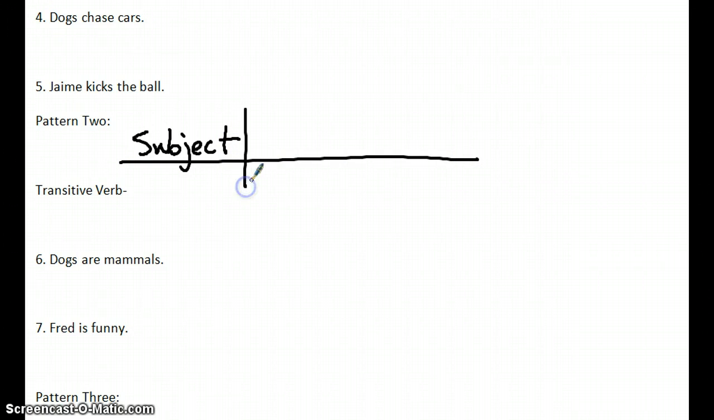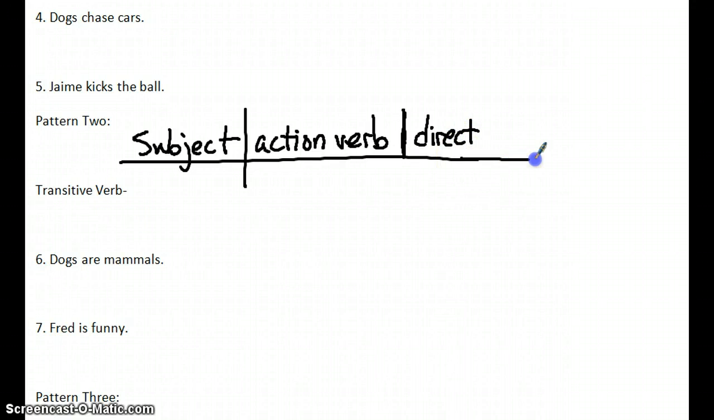The second pattern is subject, just like in the first, verb, action verb, because remember, in both of these examples, just like in the first three, chase and kicks, they're both actions. We can both do them, right? They're verbs. But now we have an extra line. Remember, it's not cutting through the horizontal, and we write direct object. And this brings us to